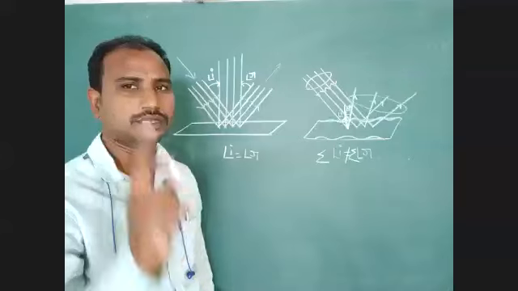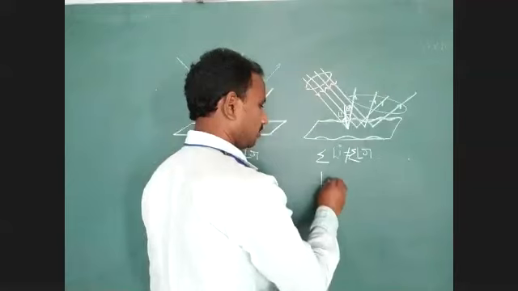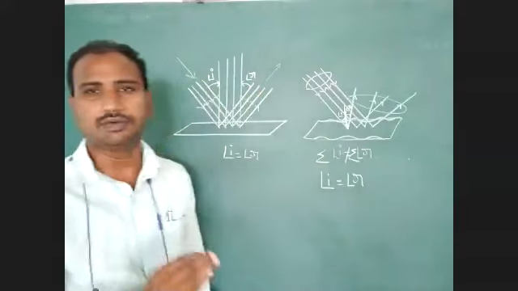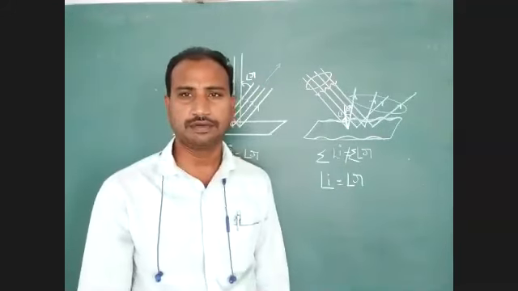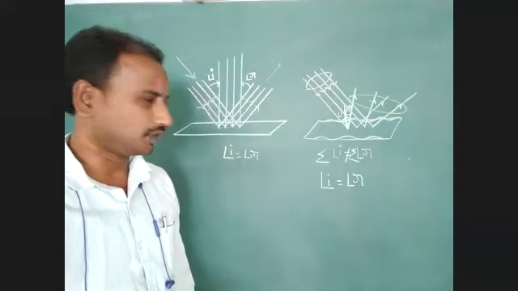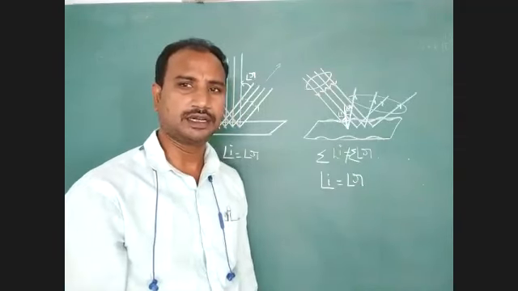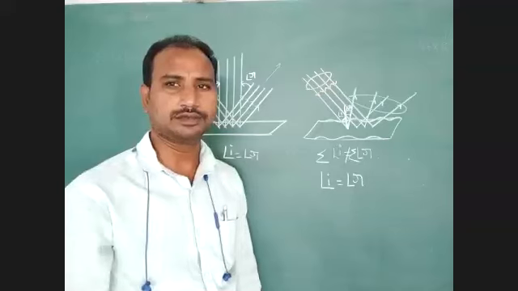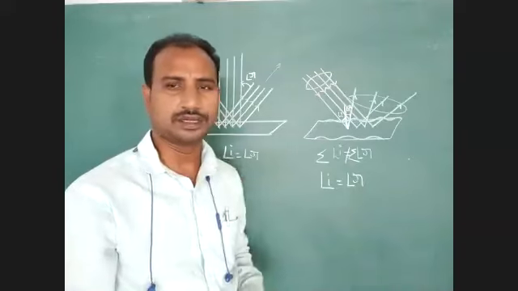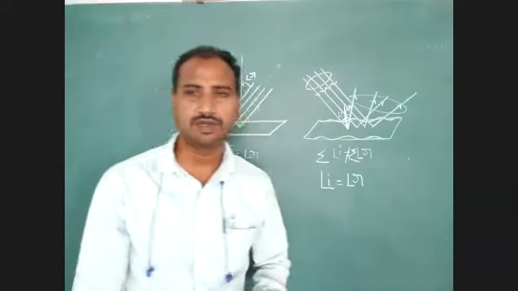But if we consider an individual ray, it obeys the first law of reflection: angle I equals angle R. This is a very important point. For every surface, we have to get that first law of reflection condition. Whether it is a polished surface or a rough surface, whatever it is, the angle of incidence equals the angle of reflection for a single light ray. Okay, students, we have to identify this small condition.